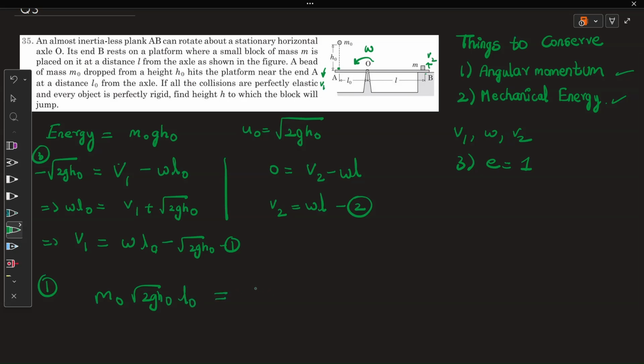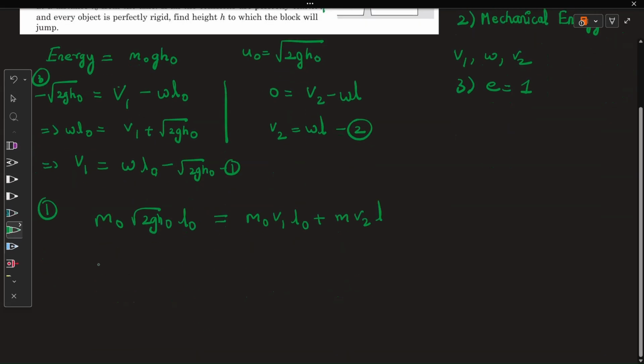What is the final angular momentum? m naught into v1 into L naught, plus m v2 into L. So m naught into under root 2gh L naught should be equal to m naught L naught. What is v1? v1 is nothing but, from equation 1, omega L naught minus under root 2g h naught